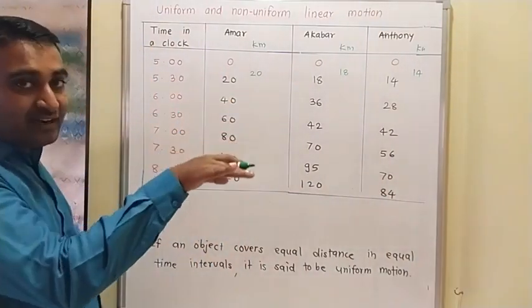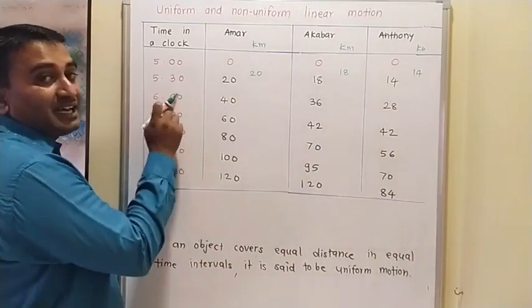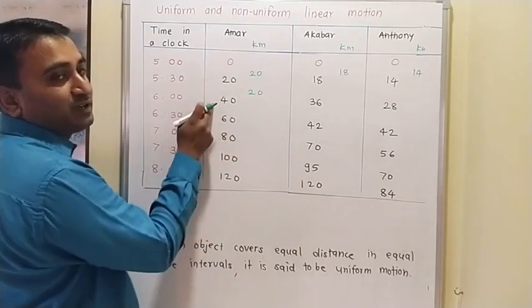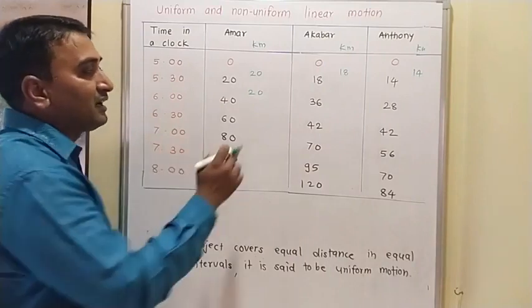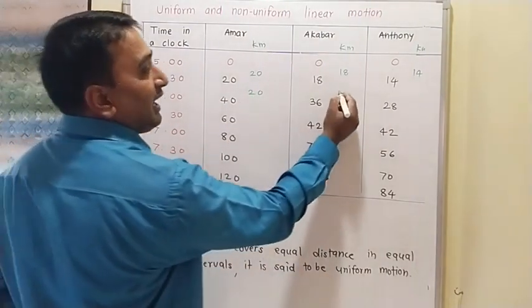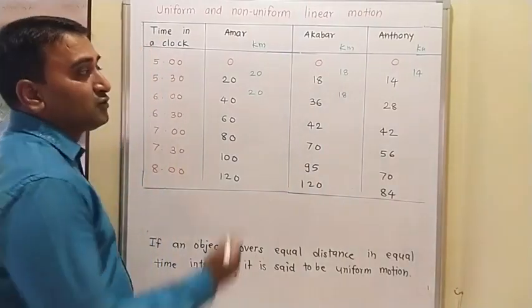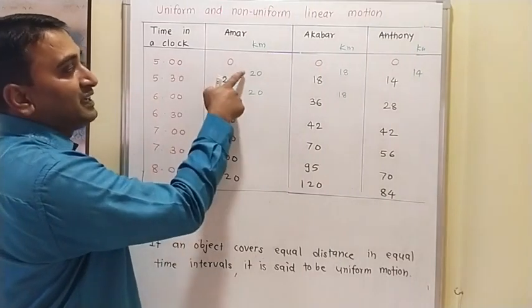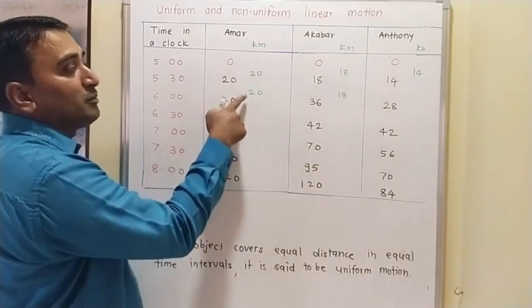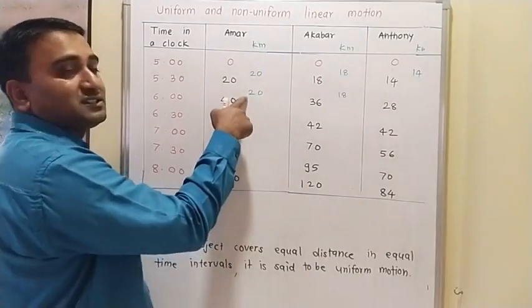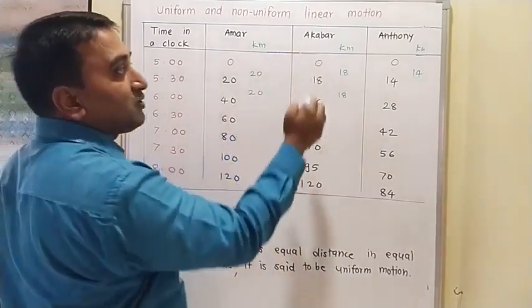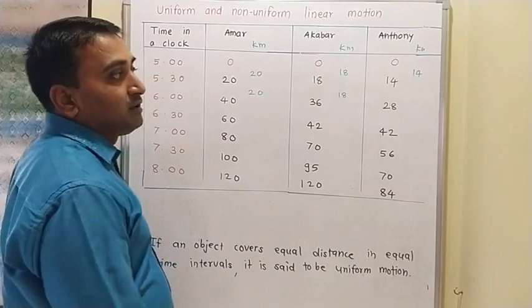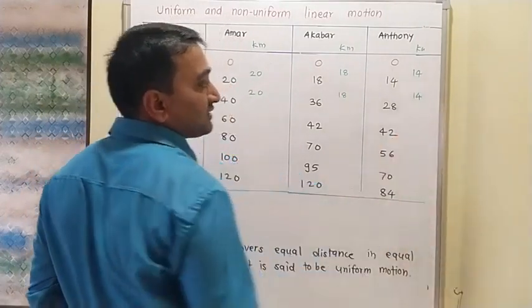But as the journey continued, after again 30 minutes, we have 40. So again the difference between 20 and 40. Within the next 30 minutes, he has covered a distance of 20 and he has covered a distance of 18. So the same distance they have traveled. Within the first half hour, Amar covered 20 kilometer, and in the second half hour he also covered 20 kilometer. What about Akbar? Akbar also traveled 18 kilometer in the second half, again 18 kilometer. And he also traveled the same distance, 14 kilometer.